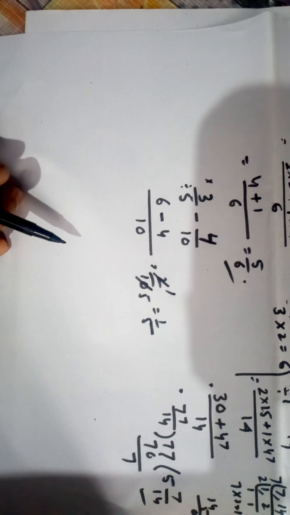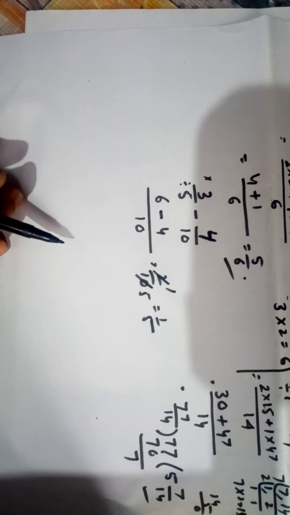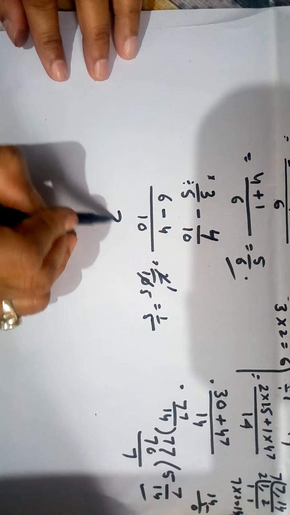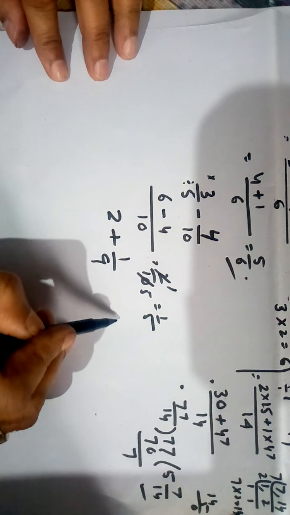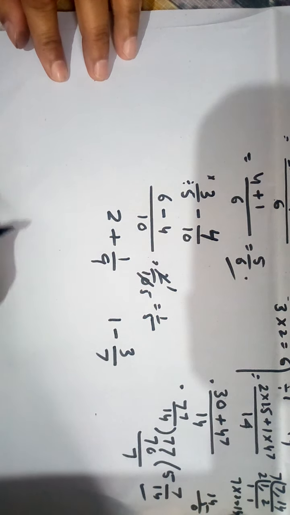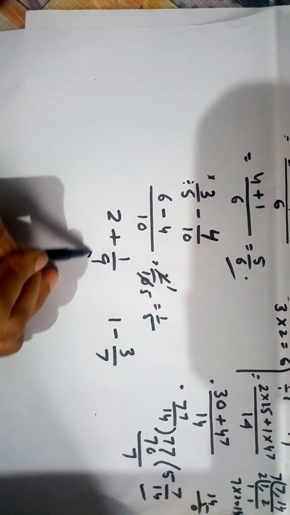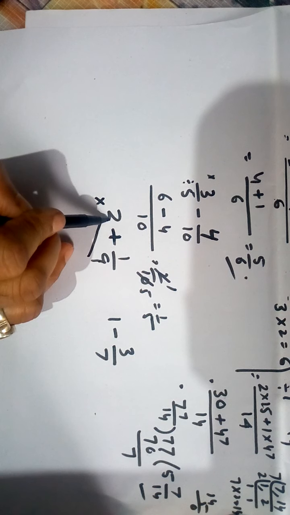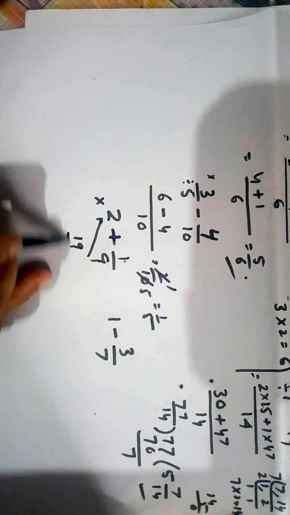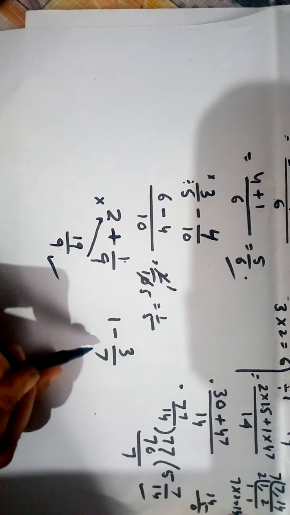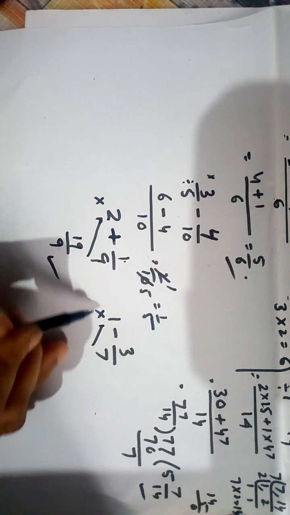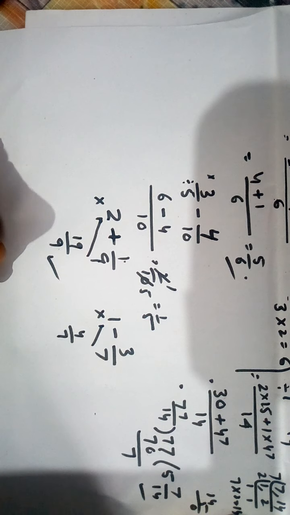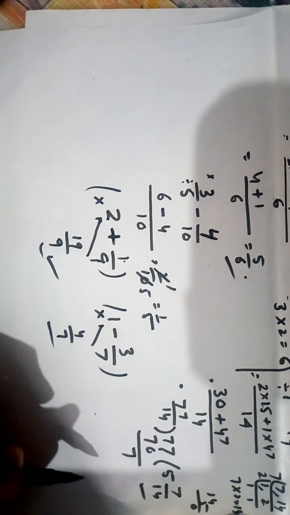One peculiar thing I show you. Suppose a big number, how to add? Or small numbers. Suppose we are given 2 plus 1 by 9, or given 1 minus 3 by 7. We can do it directly. See how to do. 9 twos, you have to multiply. This is a plus sign, you have to add. 9 twos are 18, plus 1, 19 by 9. Right? Similarly, we subtract here: 7 ones are 7, minus 3, we get 4 by 7. The small ones you can do like this also.